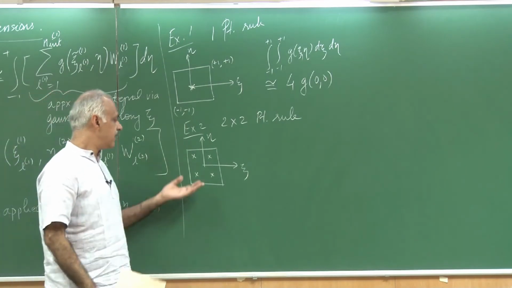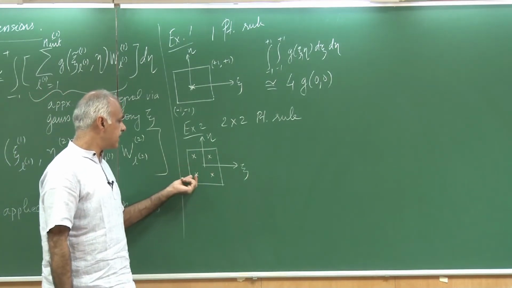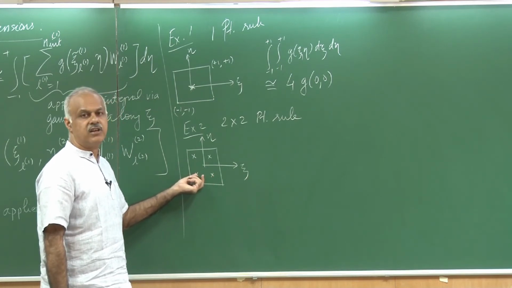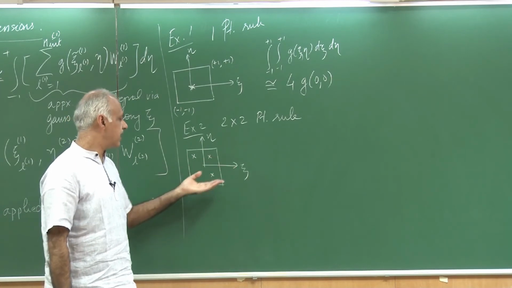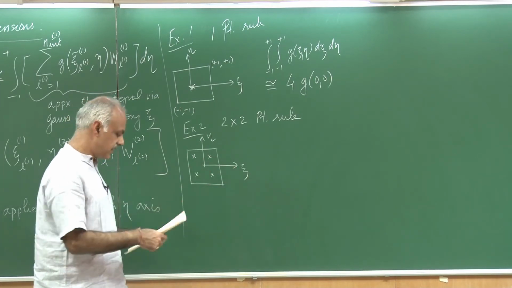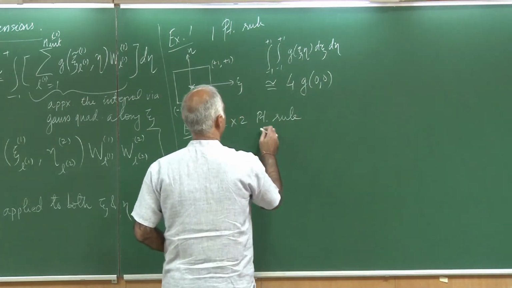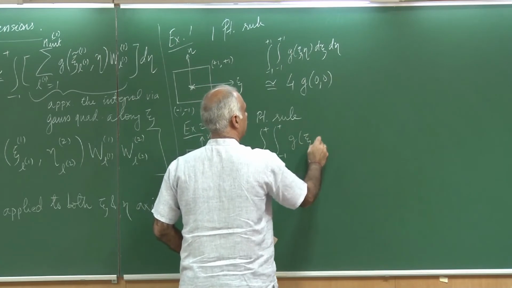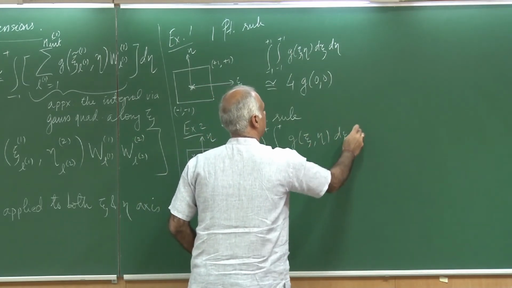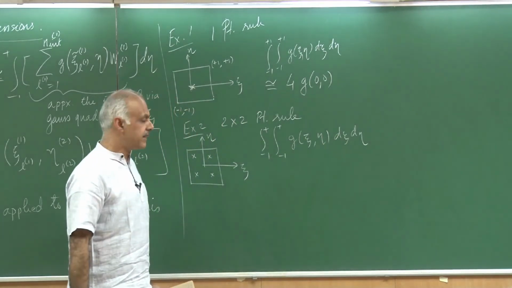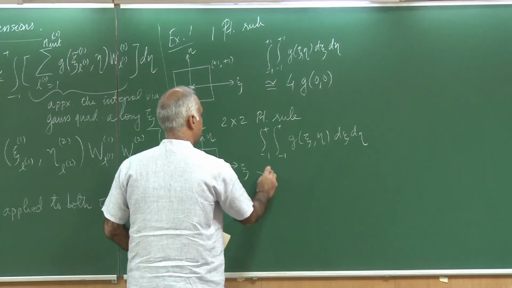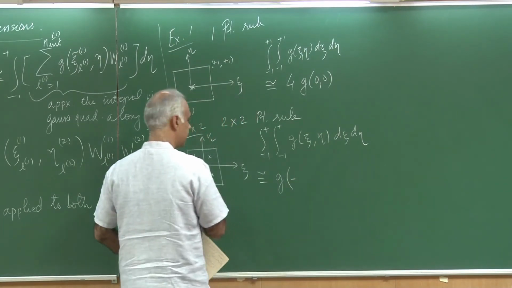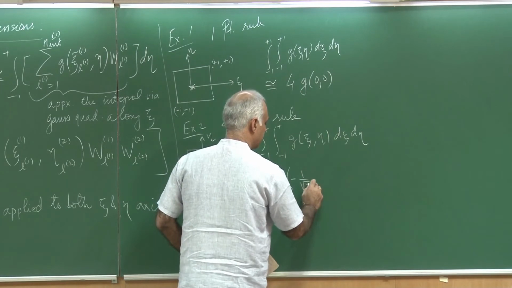Please remember that the 2-point rule in 1 dimension had quadrature points lying at plus minus 1 over square root of 3 along xi. So now they are distributed in this manner, and if I had to write down the approximation for this integral, then this would turn out to be g evaluated at this first point, which is minus 1 over root 3,